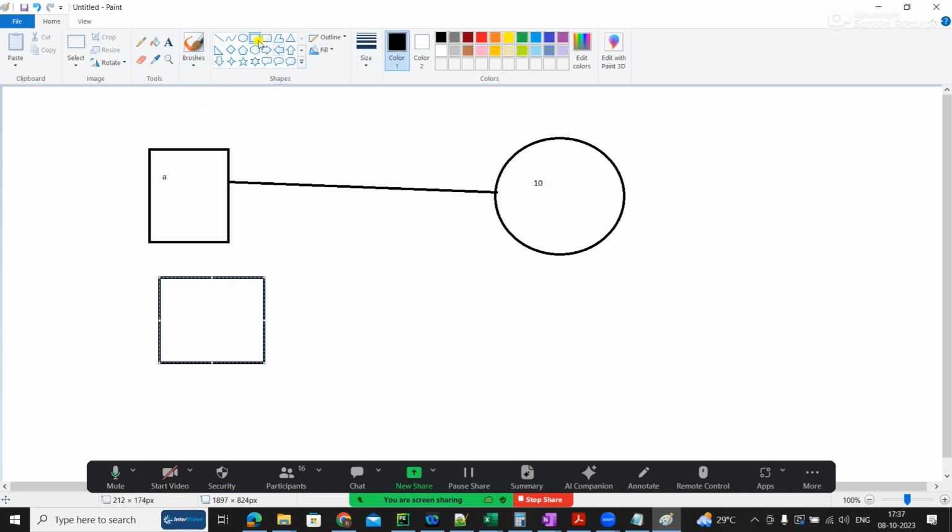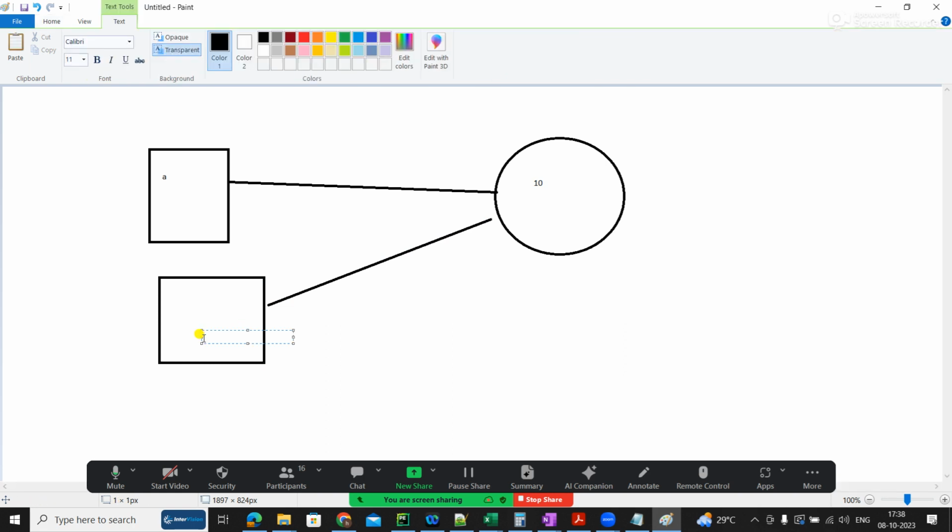That means this is the address, and this is again a. Previously it was 10.